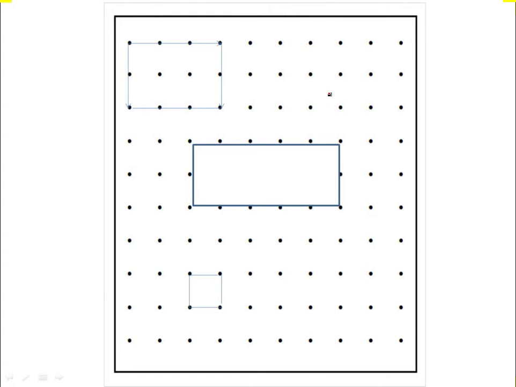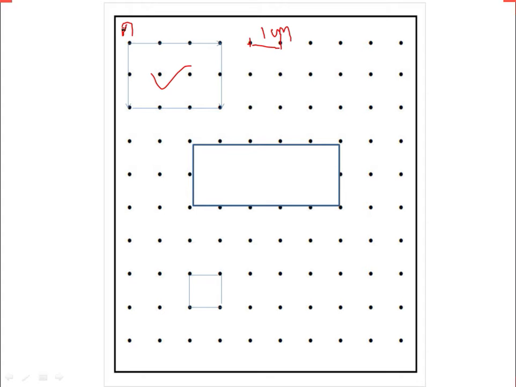Here you can see this activity is actually given in your alternative academic calendar. I have chosen this activity, and here you can see this is the dotted city, isn't it? There are so many dots over here, and each dot is placed at a 1 centimeter distance from the other. So the distance between this dot and this dot is 1 centimeter. Now we have to find the perimeter of this diagram, or we can say this rectangle, isn't it?